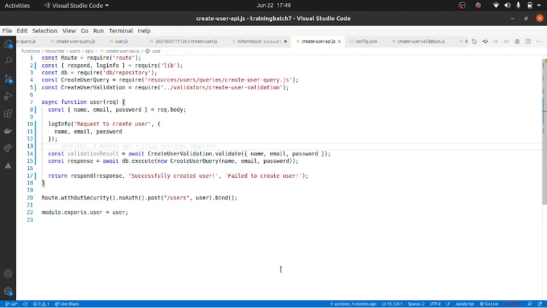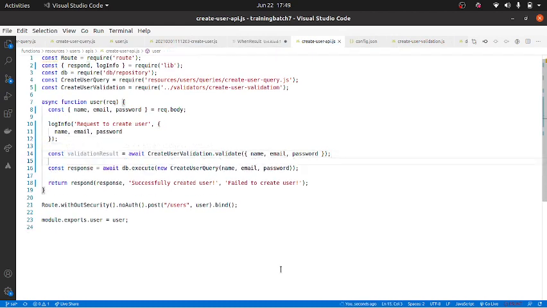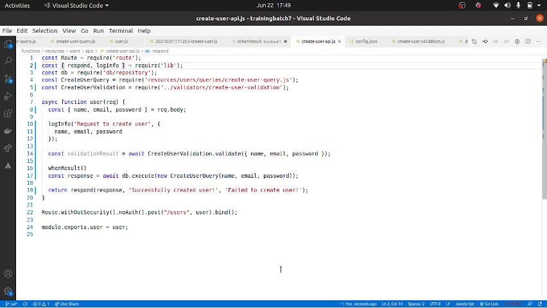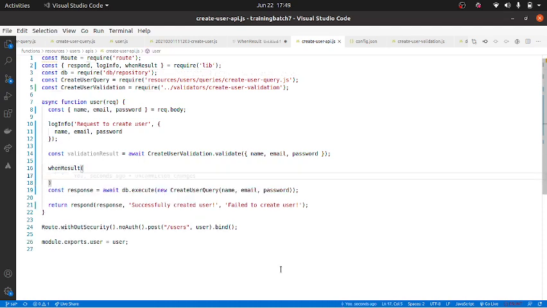Yeah. Now what I can basically do here is, I'll add this when result here, right? What does when result take? It takes two functions, correct.